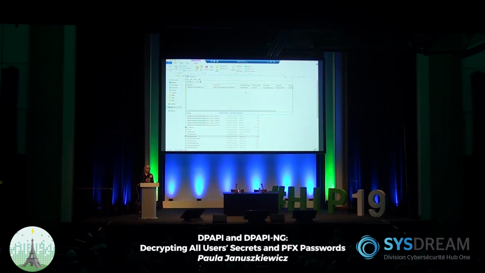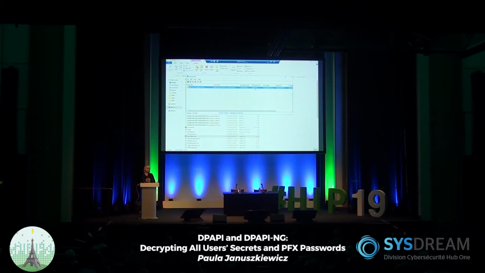Question is, where is this password actually stored? We're going to talk about it in a moment, but this password is stored somewhere in the browser data and so on, and in the hacker's mind, we will need to get there and get this data. This data will be encrypted with our master key eventually, and then the master key is encrypted with our password hash or the public key of the domain.